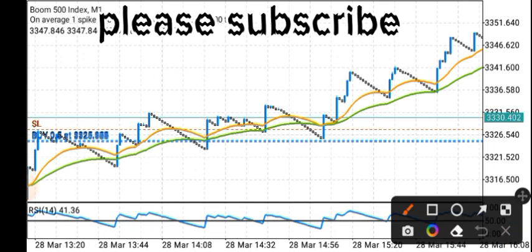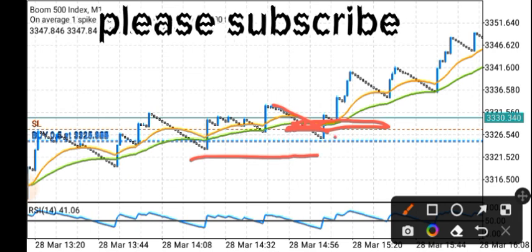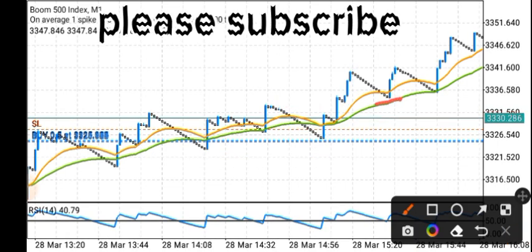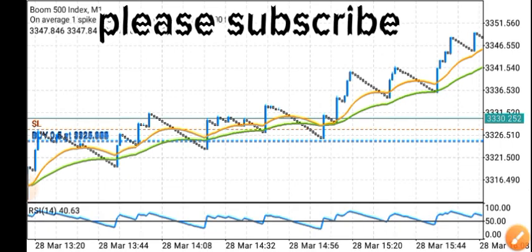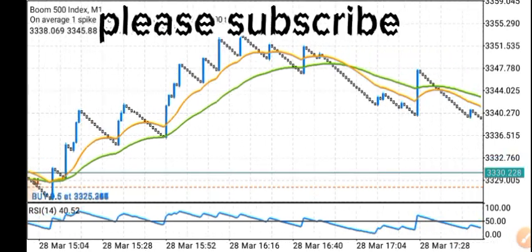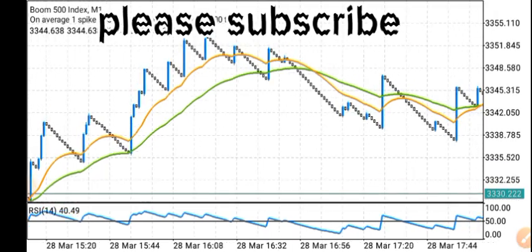Now look at it. Price came back here. As soon as it gets to this moving average, you buy here, right? Then you place your stop loss at this low. Now as you place your stop loss, look at what happened. Boom, got all these spikes. The same thing happens here. As price came back again to this moving average, you buy and you got the spikes. The same thing here, you buy, you got. Guys, this strategy works crazily, until price changes direction. That's when it will stop working.